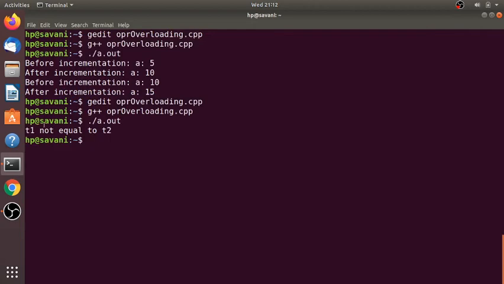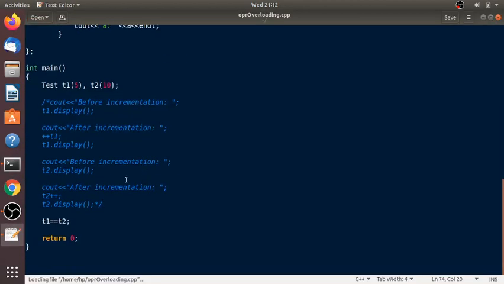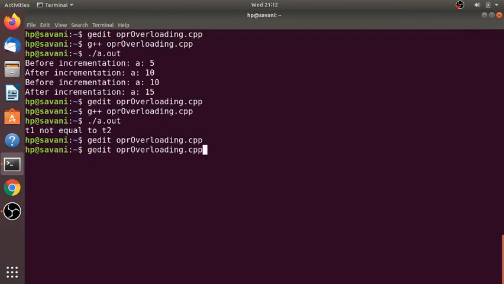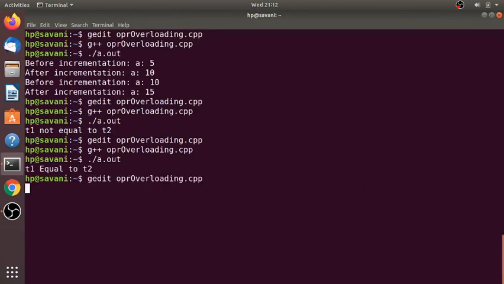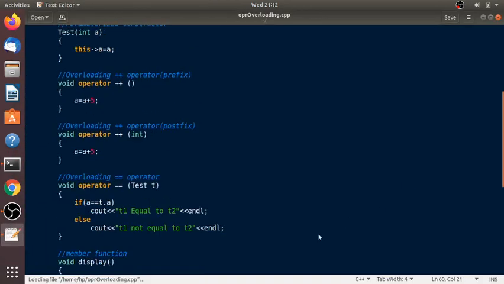So t1 not equal to t2, right. Let's cross check. Let's make the t2 value 5 as well and then compile. So t1 equal to t2. So our program works perfectly fine.